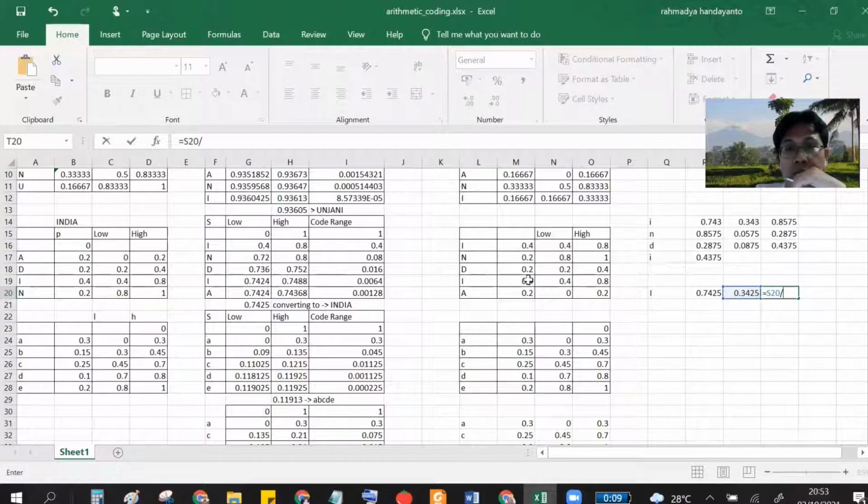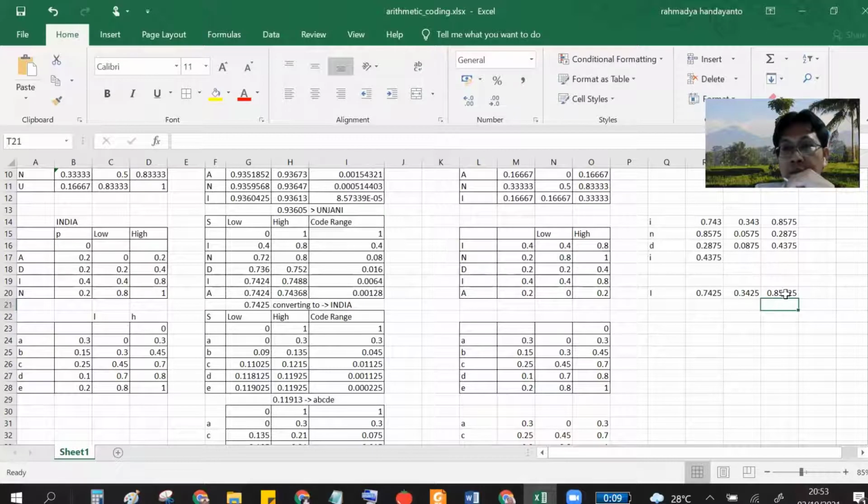You see that the range of I is 0.4, and you see 0.85 and etc. This is the new number, and you just copy this. You see again that we have the new number 0.85.